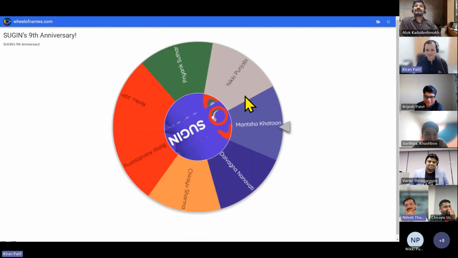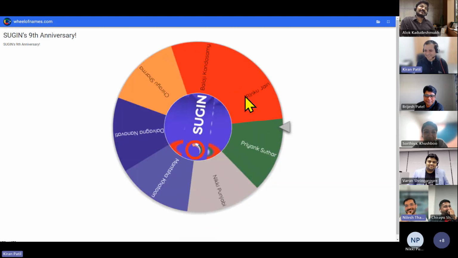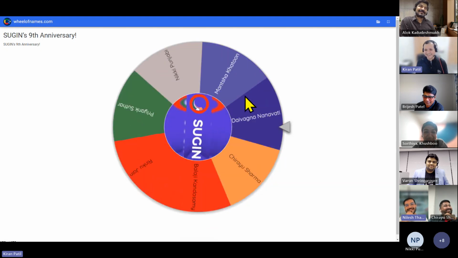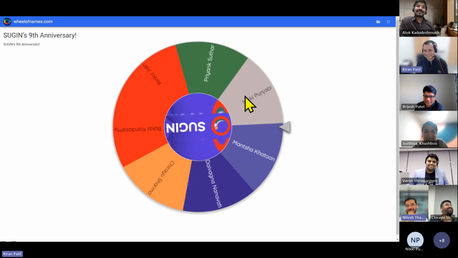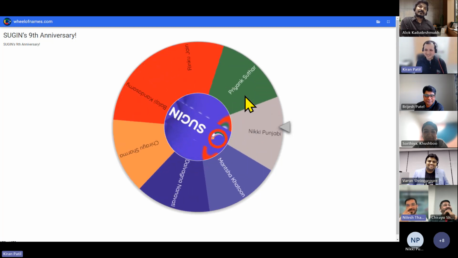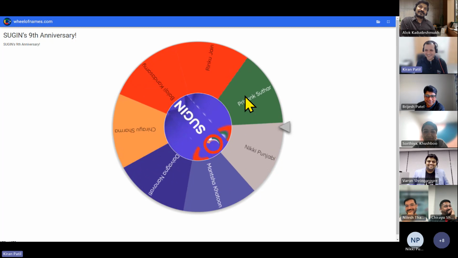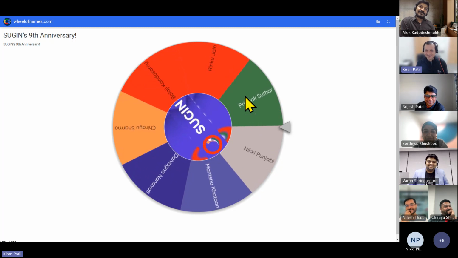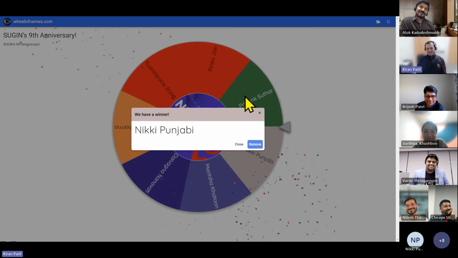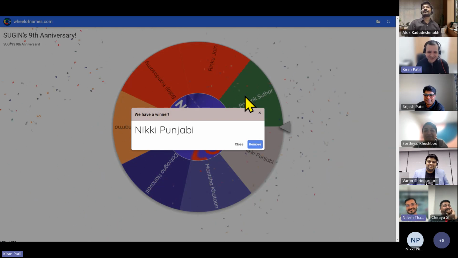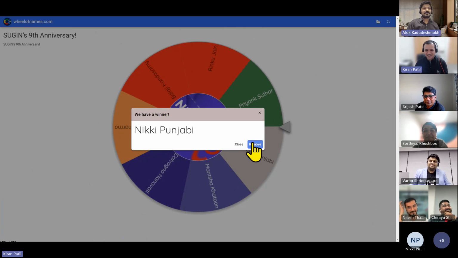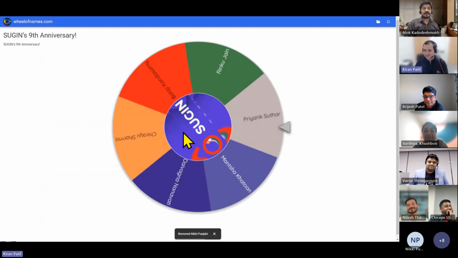Looks like we are playing musical chairs. What do you say? I forgot the name of the game. No, music chair, the chair game. Musical chair. Yeah, music chair game. We are removing the chairs one by one. Oh, awesome. Nikki, you are the winner for the second one. Thank you. And then the first winner.